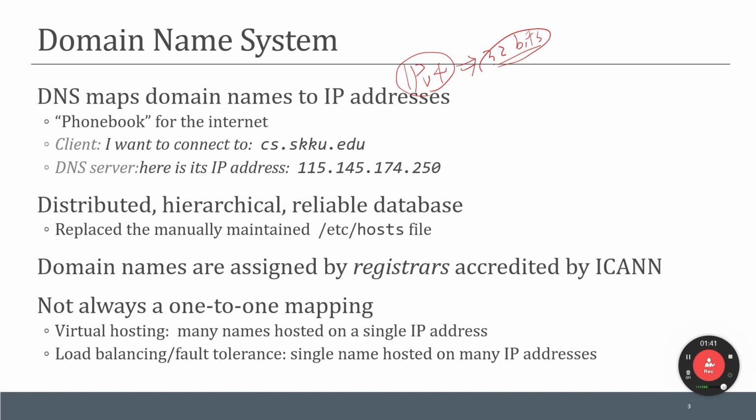Instead, we need some domain names that can be easily remembered. So this could be a phone book for the internet.